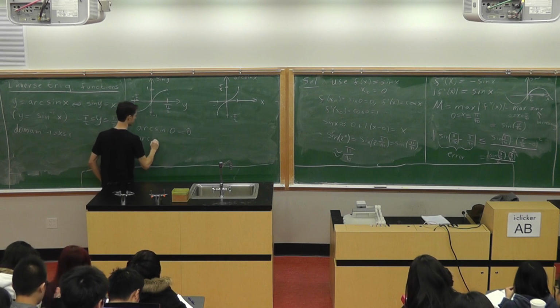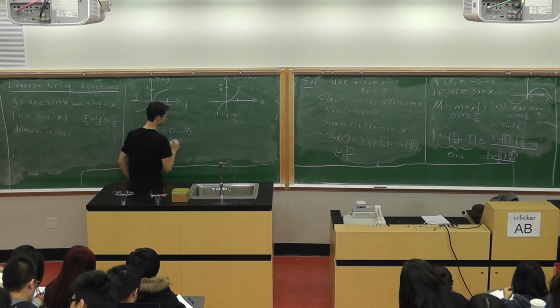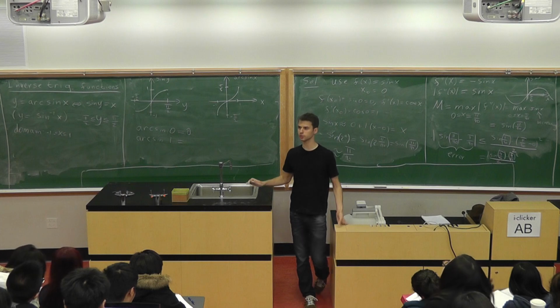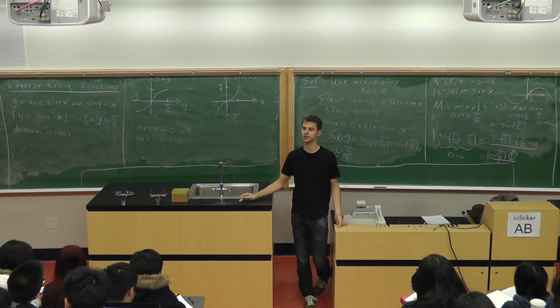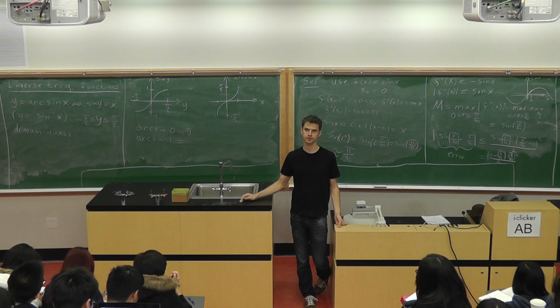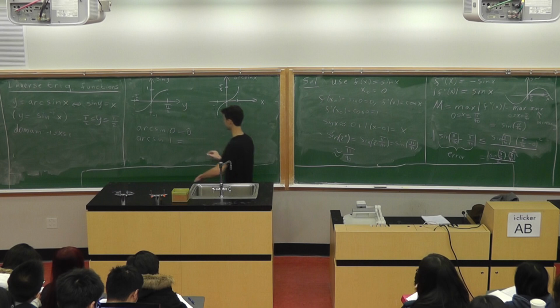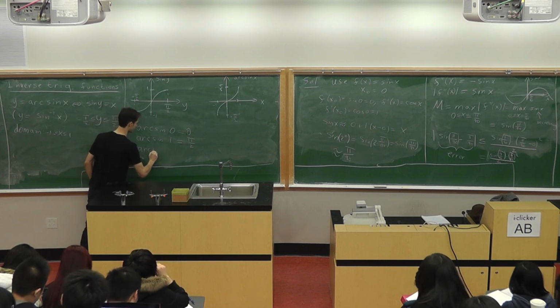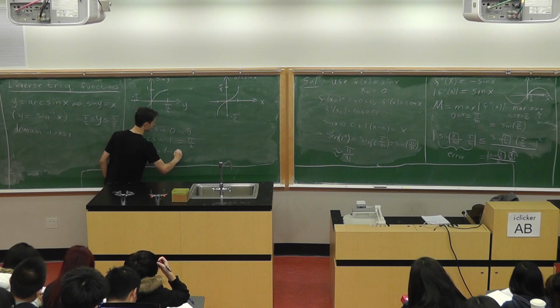Arc sine of 1. It's a number between minus pi by 2 and pi by 2 whose sine is equal to 1. What's this number? Pi over 2, pi by 2, yes. Similarly, arc sine of minus 1 is,